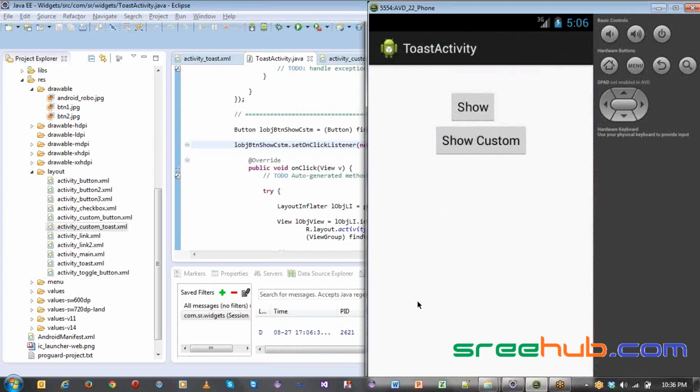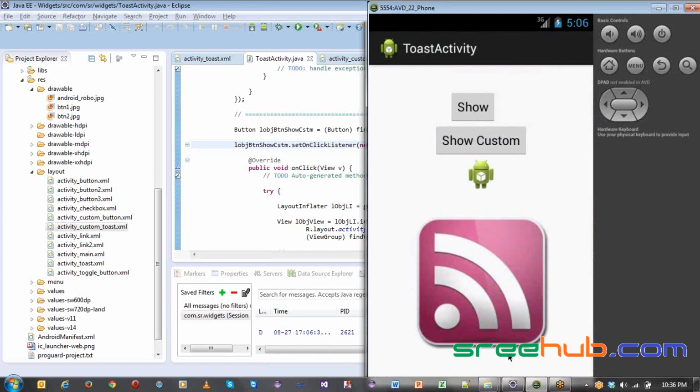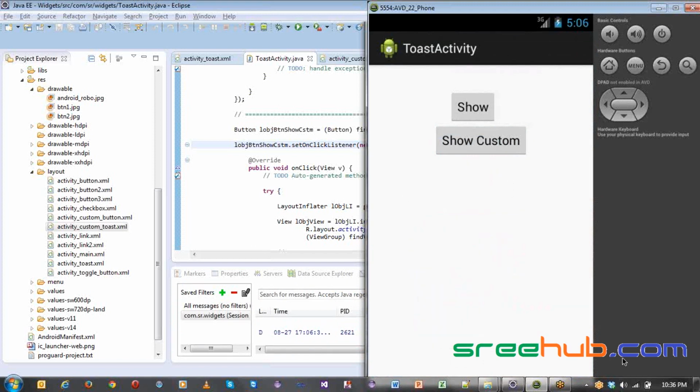Click on show custom. It will actually show you the actual activity and it will go. Fine. So that's how